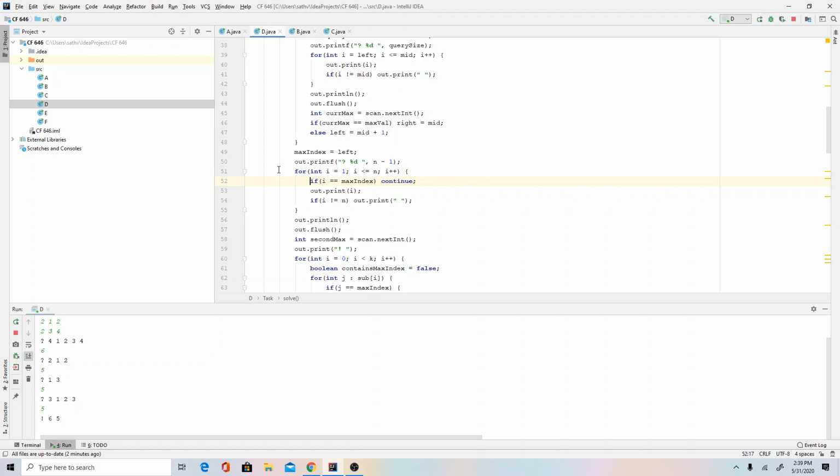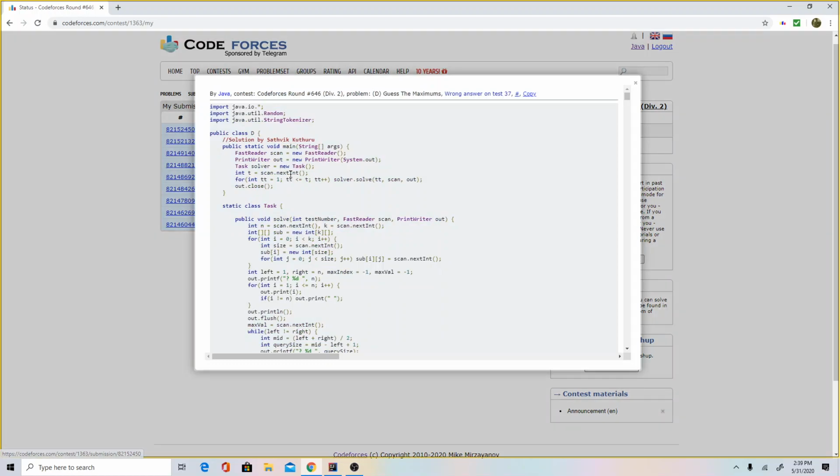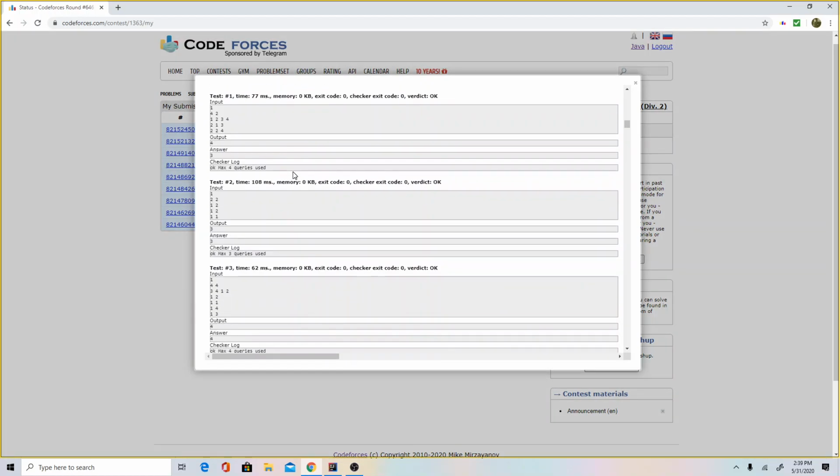So wait, all the subsets are disjoint anyway. So that means there can only be one index with the max. Unless I misread, because it looked like in test case 2, unless I,